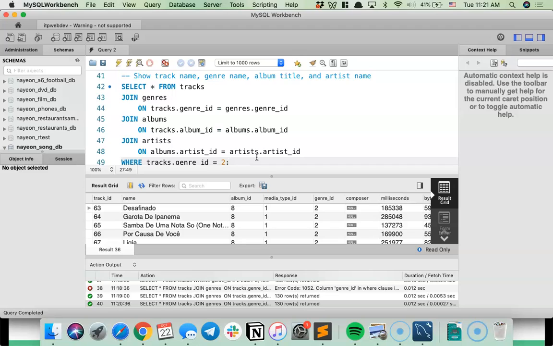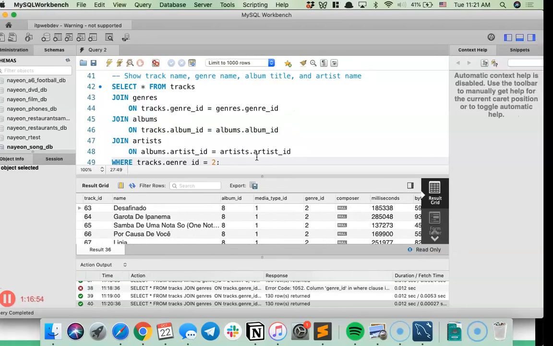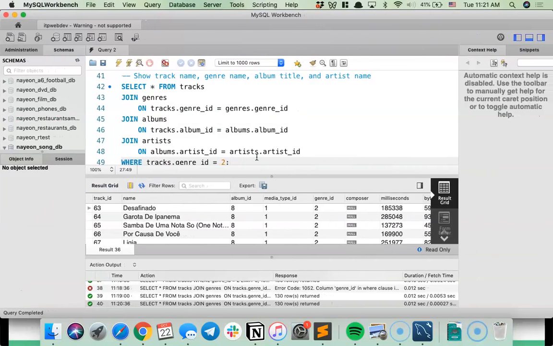You do have a lab that's due tomorrow, as usual. It's not too long. It's just to help you get used to writing some select statements. You're going to be doing very similar things in your lab. I'm giving you some prompts, like the prompts we just had, and you're going to write some SQL statements, run them against the database, and make sure they work. And what you're going to be submitting, we're not using FileZilla yet because we're still working with databases, is this file.